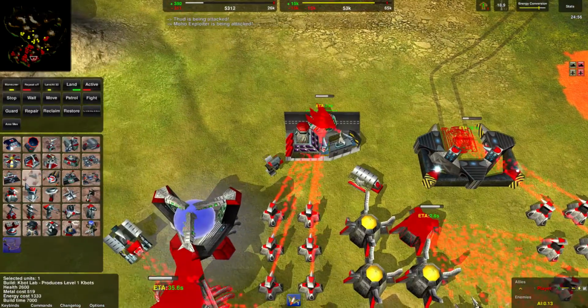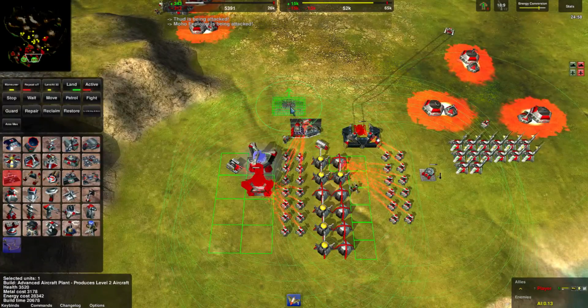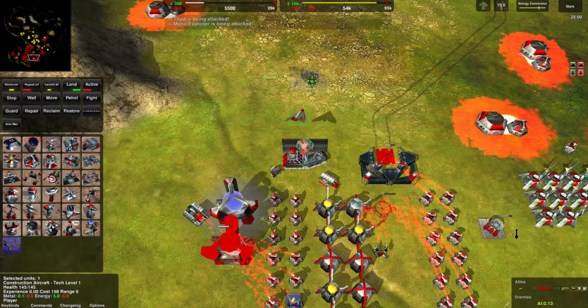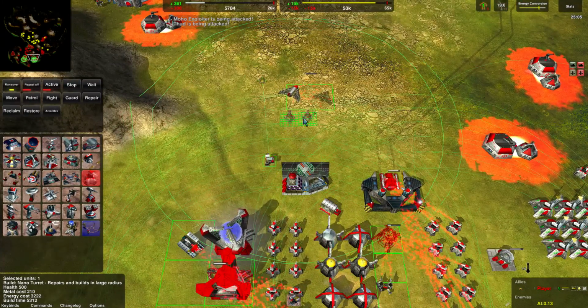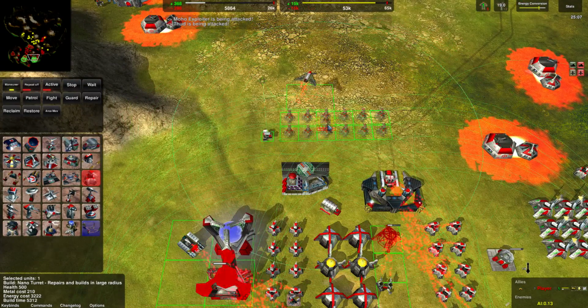Because now I've got plenty of income, pretty much can make whatever I like. I do want a bit more nano towers just exclusively on this. It's not a good idea to have them all covering one area, but